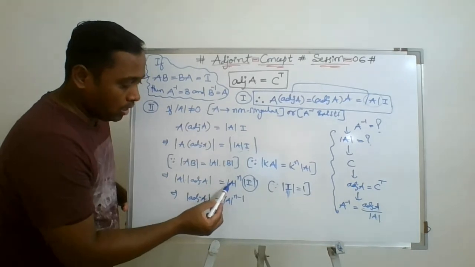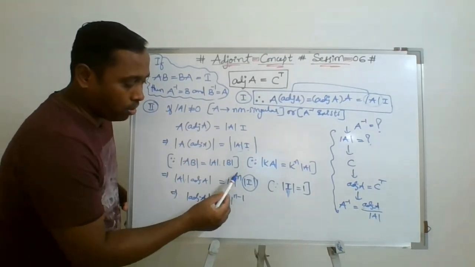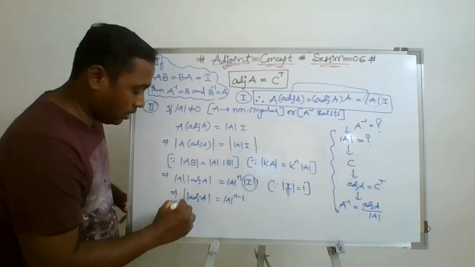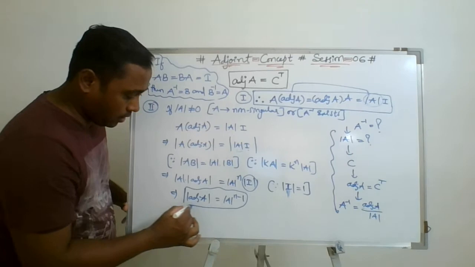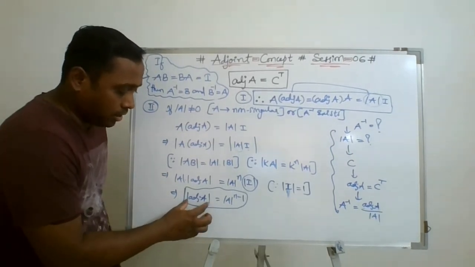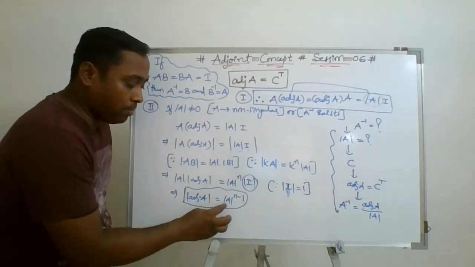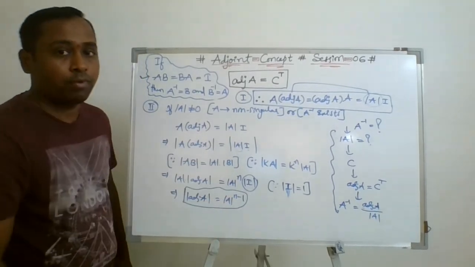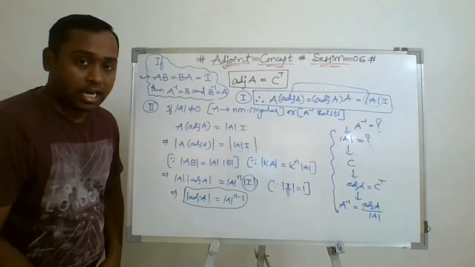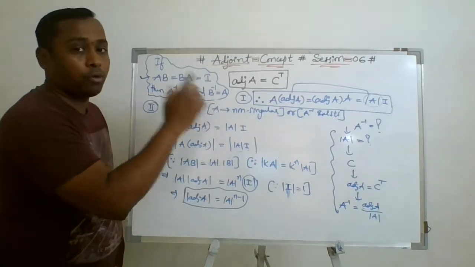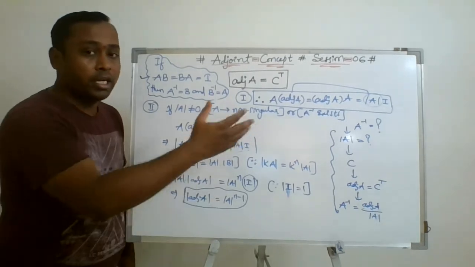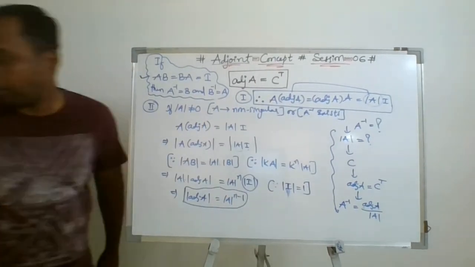Because if I take this det A in denominator, x to the power of n by x to the power of n, x to the power of n minus n, by this identity, I can say this is the result we obtained. Now, how to find the determinant of adjoint A? Simply by det A to the power of n minus 1. So, this is an important result which we have derived from the one common property of the adjoint. I am listing those results which we have derived here in short.